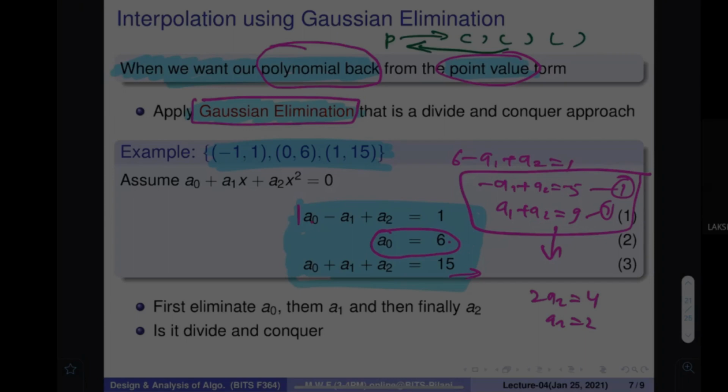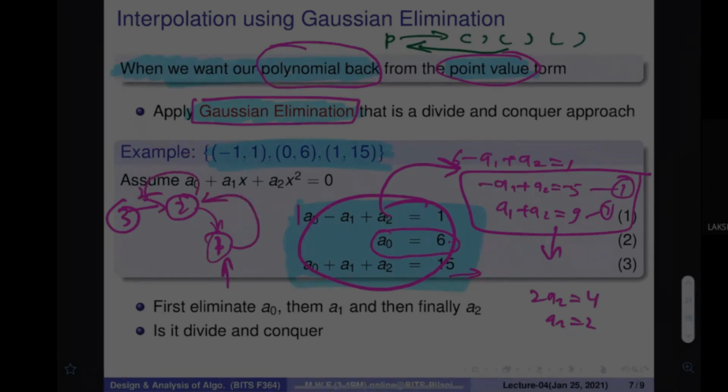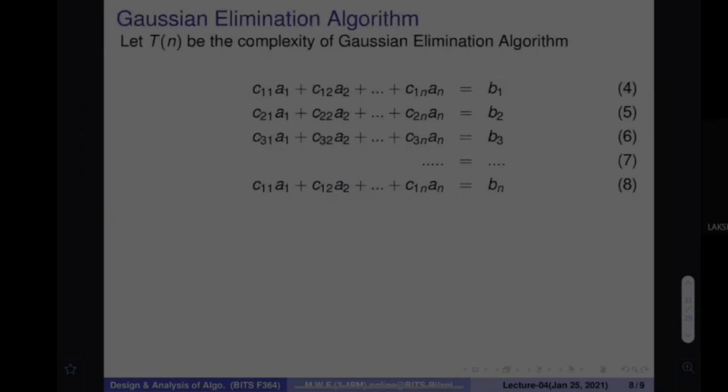Okay, so from the mathematical and algorithmic perspective, you see that this was a big problem, and I reduced it to a smaller one. A 3 variable problem is reduced to a 2 variable problem. When the 2 variable problem becomes a 1 variable problem and you have solved it, you use this value, put it here, use that value, put it there, and finally you can do it. So this is a method called divide and conquer.